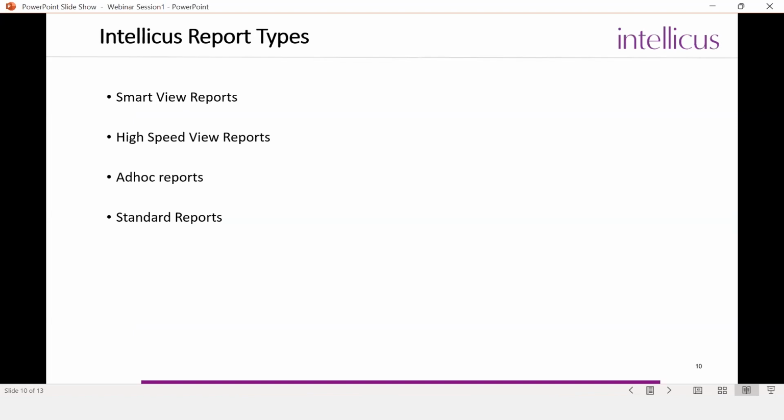Now coming to the next topic, that is Intellicus report types. There are majorly 4 types of reports supported in Intellicus. That is Smart View reports, High Speed View reports, Ad Hoc reports, and Standard reports. We have categorized these reports into 2 categories. The Smart View report, Ad Hoc report, and Standard reports,